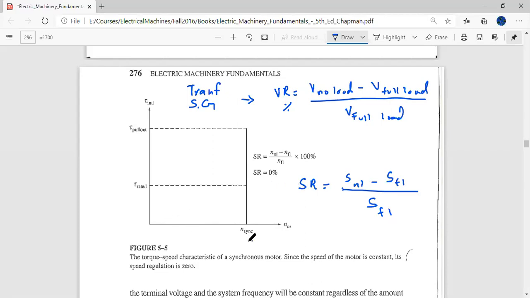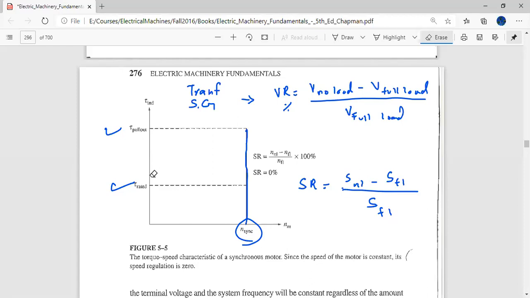The key thing to note is that the synchronous motor always runs at the synchronous speed. Even when the load is increased or decreased, the synchronous speed is maintained. What this shows us is that no matter how much load you put on the machine, this torque is showing the mechanical load, its speed will be unchanged. So the speed regulation of a synchronous motor is always 0%. That's what it is trying to tell, because no matter how much load you put on the machine, its speed is not going to decrease.